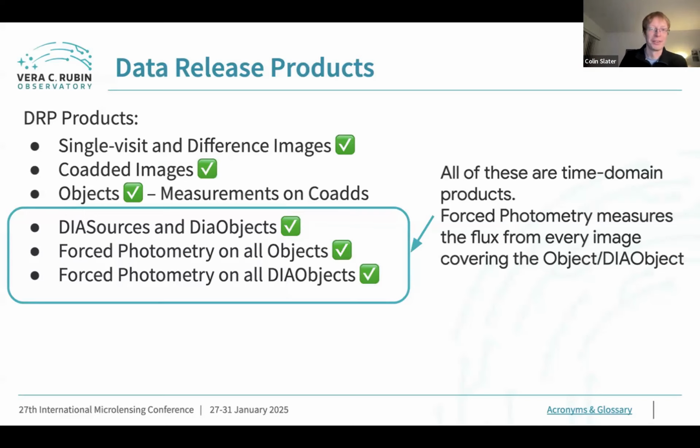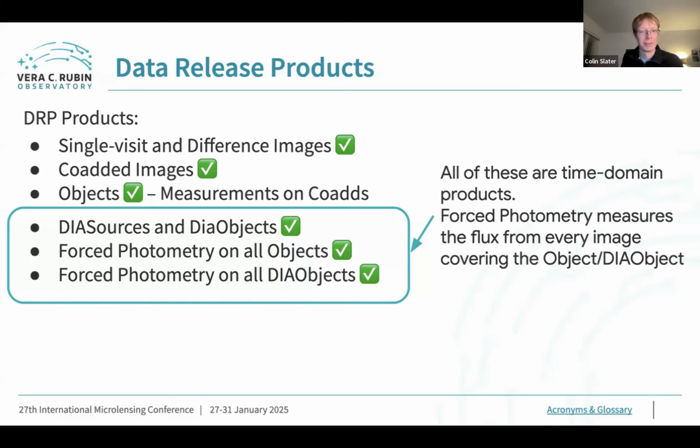shapes or star colors. But then we'll also make all those DIA sources and DIA objects I talked about available. So that will let you identify anything that has changed more than 5 sigma from the template, like I mentioned. And just to round out this set of data products, for all the objects we detect, so anytime we see something in the coadd or any of these DIA objects where we've detected one particular visit that